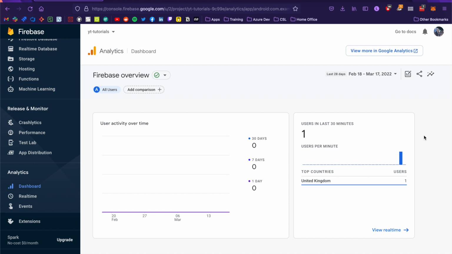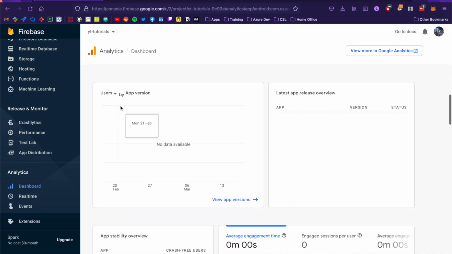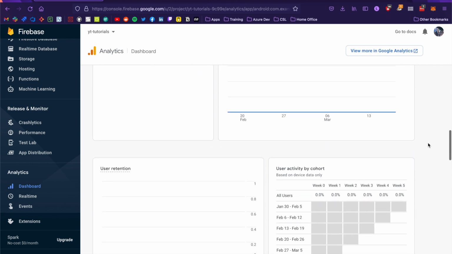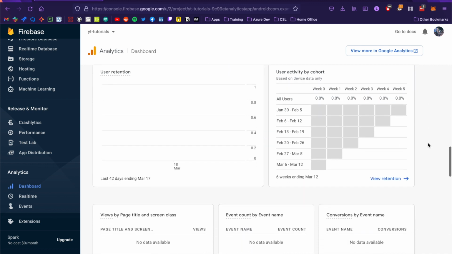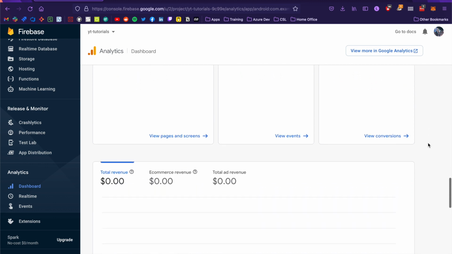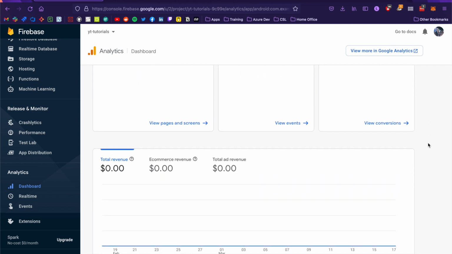Now, Firebase Analytics gives you a lot for free. So what I'm able to see is the number of users in the last 30 minutes, as well as usage data over the last 30 days, 7 days and 1 day. I'm able to see the users by app version. I'm able to see the latest app release overview. I'm able to see average engagement times, sessions per user, overall app stability, user retention, user activity by cohort. I'm just going through and reading off the cards that you can see here for yourself. Even down to the revenue, if you have conversion events logged,